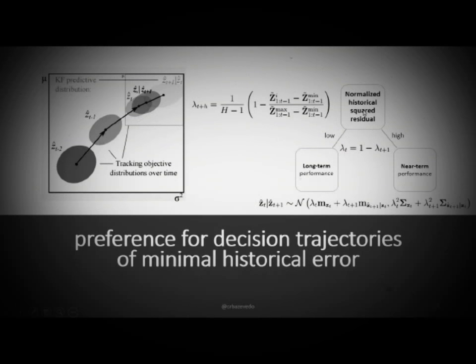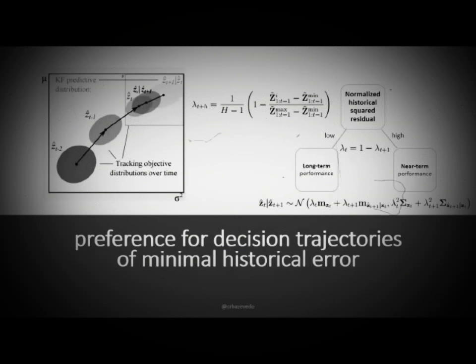Whenever this quantity is high, then you are preferring near-term performance, which makes sense. And here is how you compute your anticipatory distribution: with the convex combination of your predictive distribution and your current estimation. It's just a convex combination over the parameters using these anticipatory factors, which are automatically determined from data,